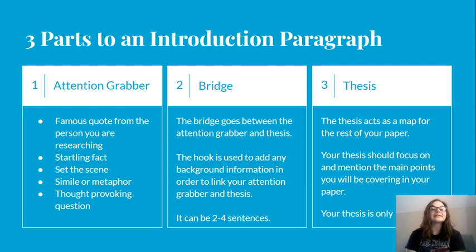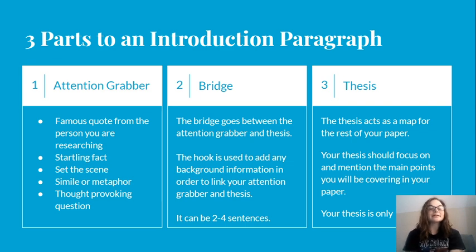Or you can set the scene. So another example, I think James is doing some type of dinosaur. I'm not going to try to pronounce it because I don't know how to pronounce it. But you could say, imagine you're walking through a green foresty area. You hear sounds in the background. You turn around and there's a ginormous crocodile behind you. That's what it's like to set the scene. You kind of want to paint the picture for your reader. Setting the scene is good, but it can take up a lot of space, like a lot of sentences. So I would kind of use that one as a last resort.